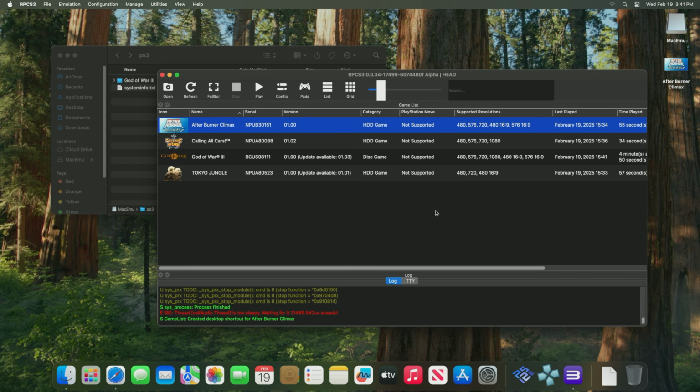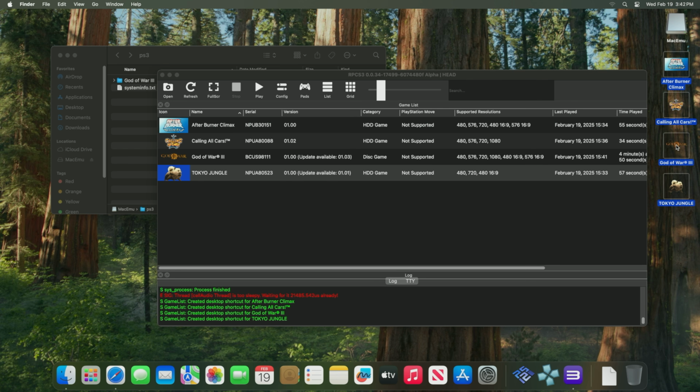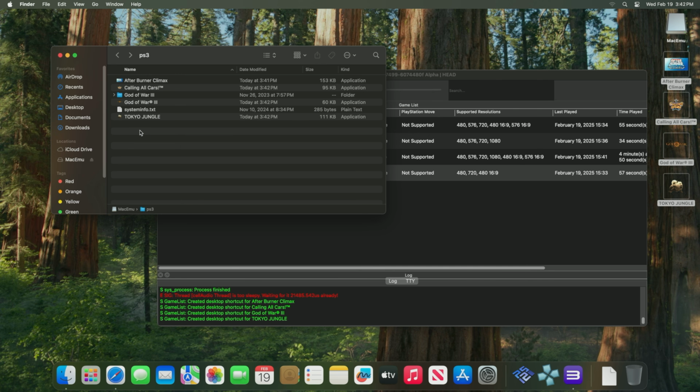Once you've got these shortcuts created, then drag them over into your PS3 folder on your flash drive. And this allows Emulation Station to see that you have the game and then know where to launch it as well. At that point, you can also delete the shortcuts that are on the actual desktop. We don't need those anymore. And that's really it when it comes to basic setup,